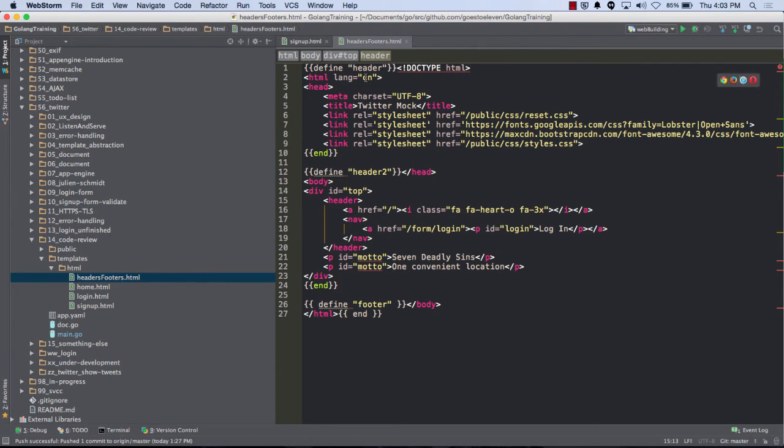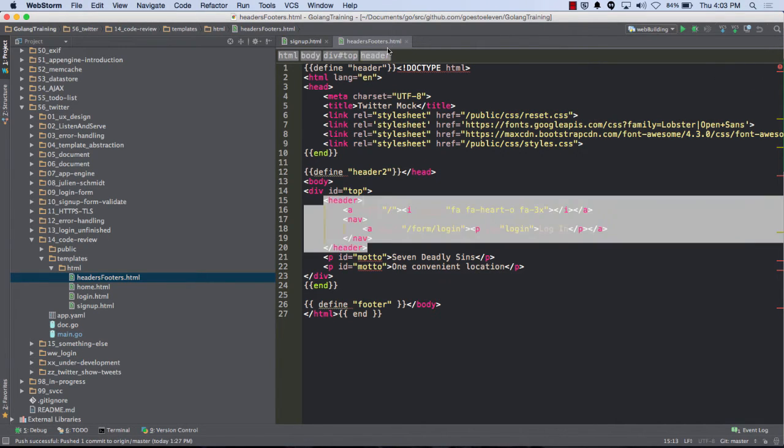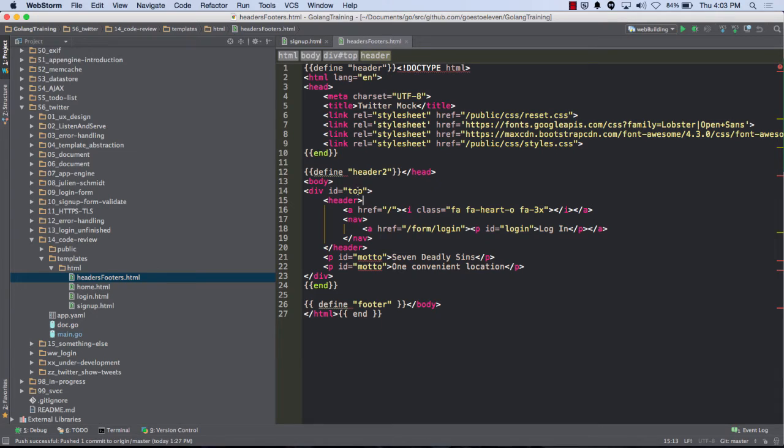So I got the, and notice how on this one file, I've defined many templates. So your template, if it doesn't have define and a name and then end, your template is automatically the file name and everything that's on the page. Okay? Or you could have a page with a bunch of little template chunks defined on it.